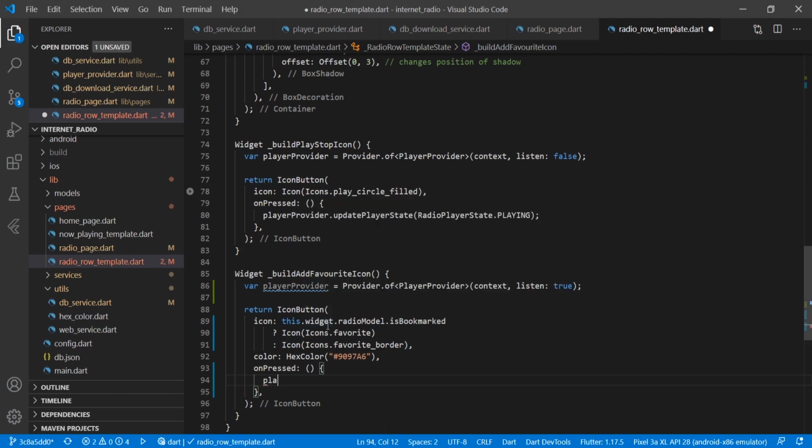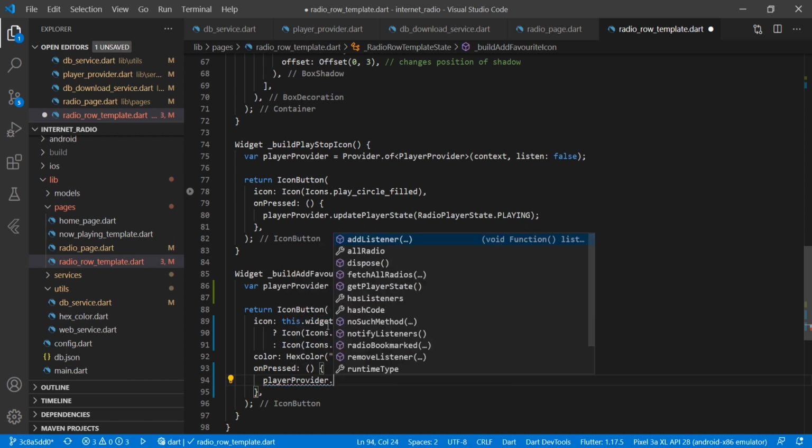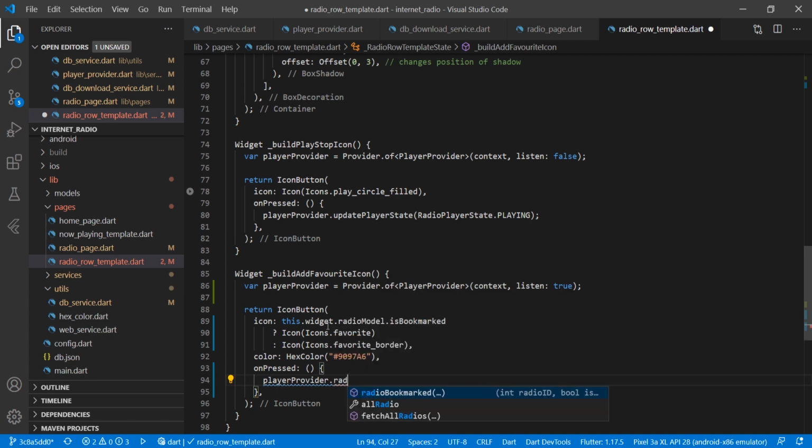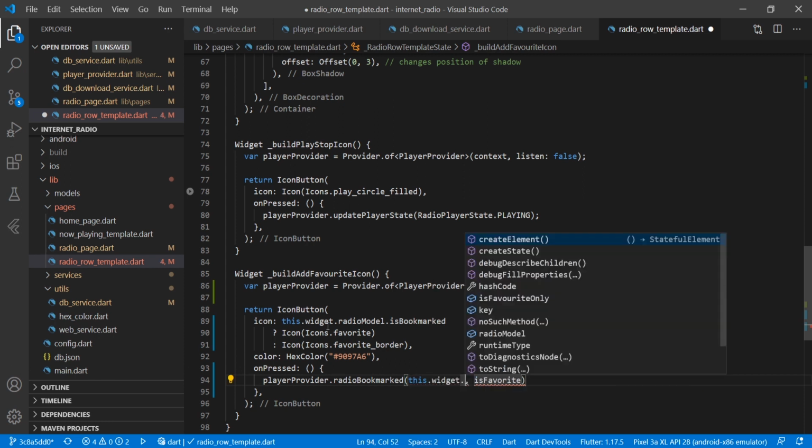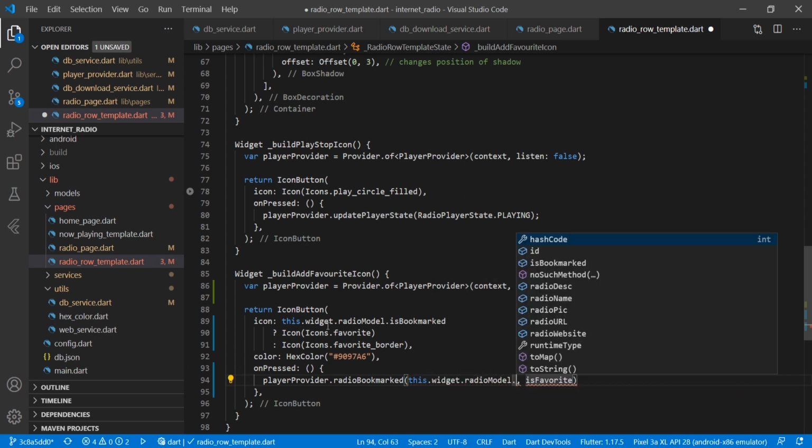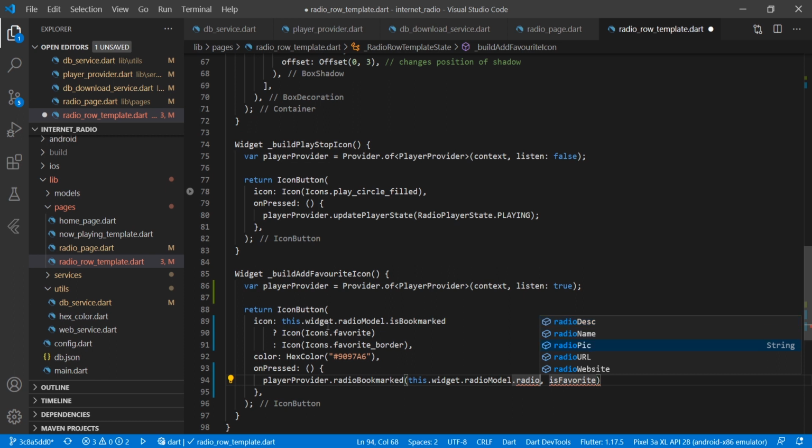And here we will use player provider, and we will call the method which we have created, row bookmark. Then we will pass the radio ID, this dot widget dot radio model dot radio ID.